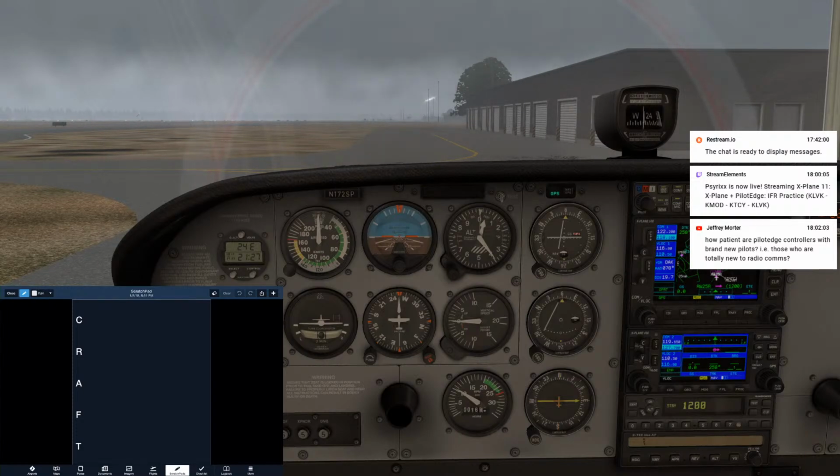So that's what we're waiting for. In real life, I'd probably call for my clearance with the engines off. Just turn the radio on and call. That way I'm not burning fuel. But in the game, in the simulator, it doesn't really make a difference. How many of y'all are private pilots or instrument rated or...